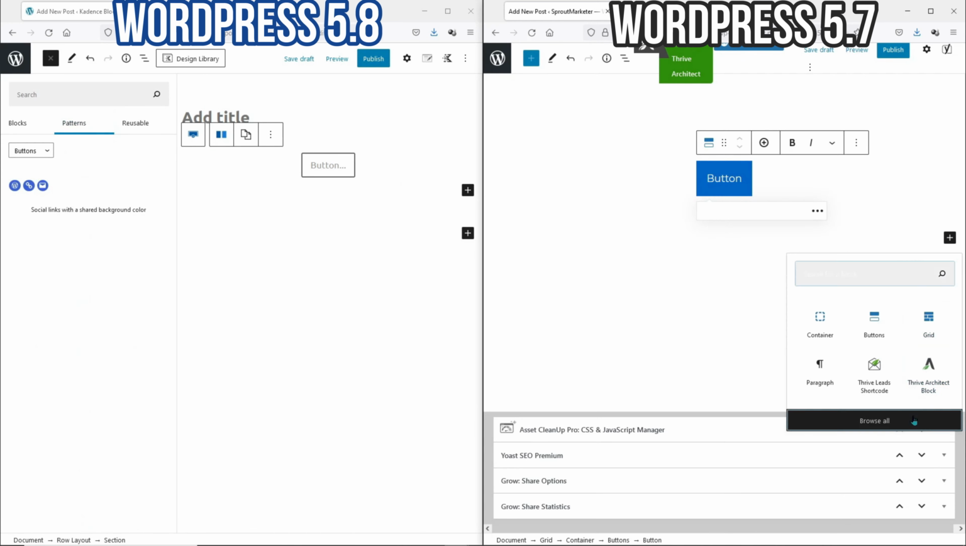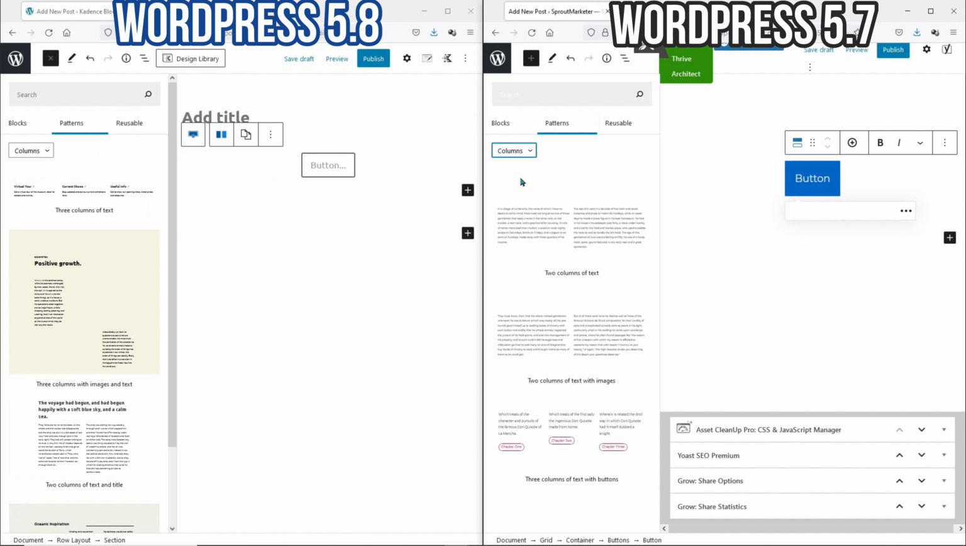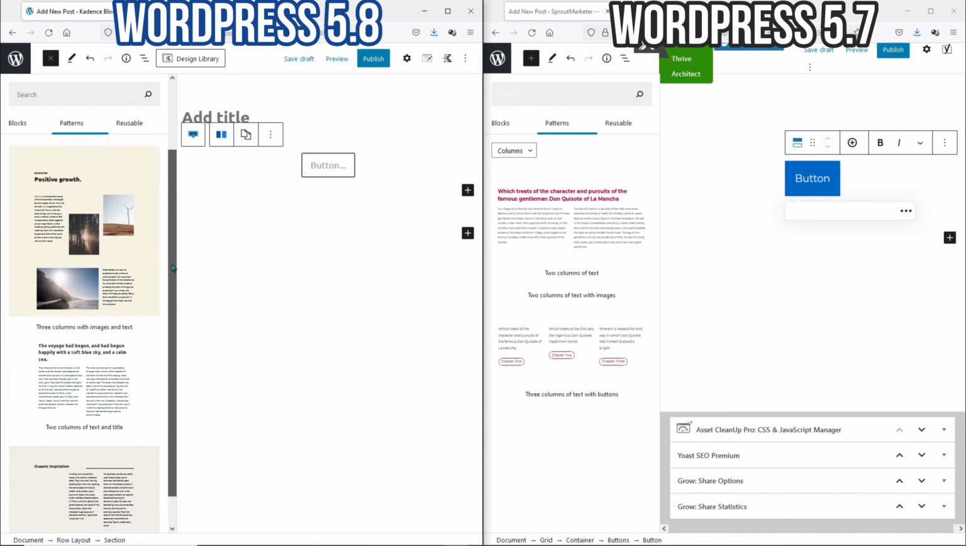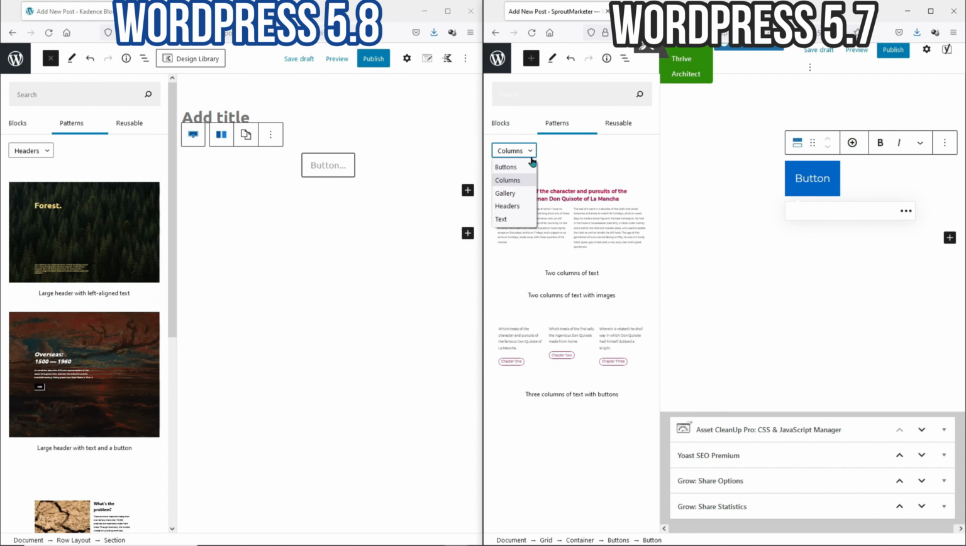Another improvement WordPress 5.8 has is it has a lot more cooler patterns. Or if you want to call it templates, that's totally fine as well. In the previous version of WordPress, if you select columns, you will only see these 3 options. Not very enticing, looks basic, but with the 5.8, they have more sophisticated patterns. The same goes for headers